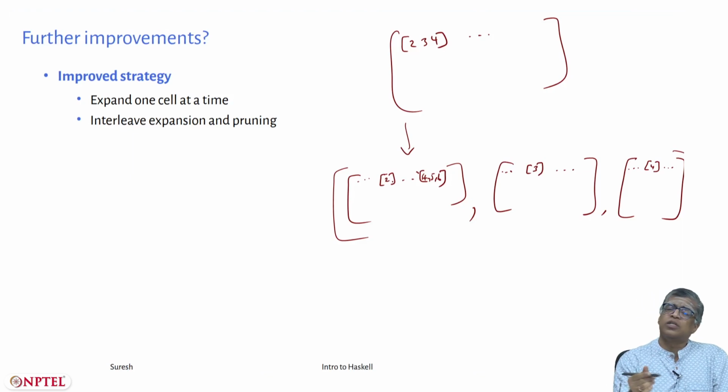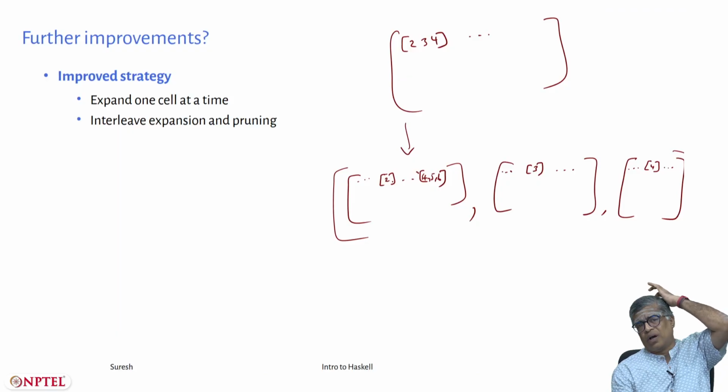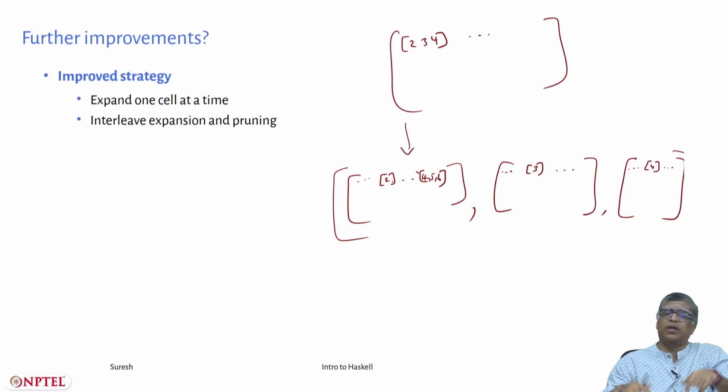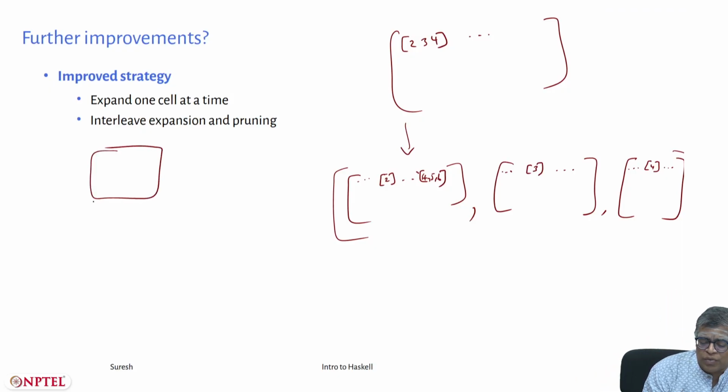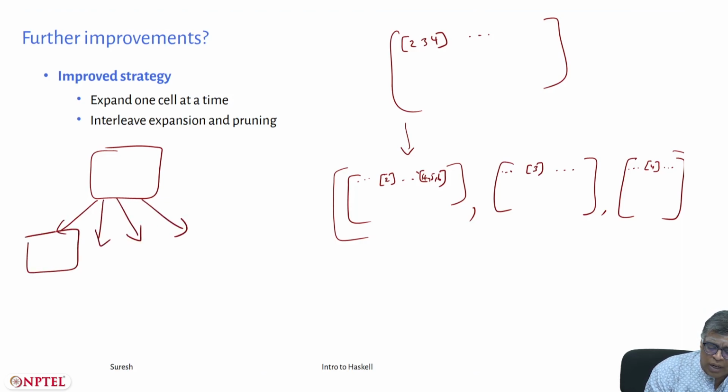And how do you expand? This is very reminiscent of the graph exploration things that we saw a few lectures earlier. So you start with one matrix of choices, you expand one cell, that will give you a list of matrix of choices. For each of those you do further pruning and you expand one cell in each of them. You can pick any one cell and expand it and you will get so many choices. For each of these you can expand in multiple ways.